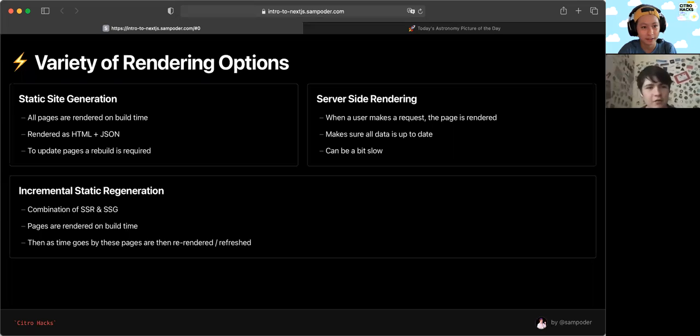Thanks. So what are some key features of Next.js? I want to start off with rendering options because we'll be doing this a bit. Next.js gives you 3 rendering options. You've got static site generation, which is basically you give it some code, you tell the server, build this, and it will generate it as HTML and JSON. And that's the most basic